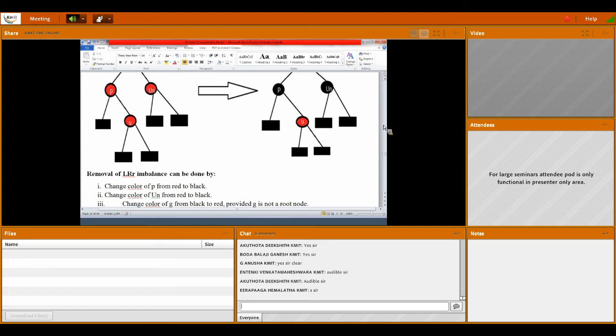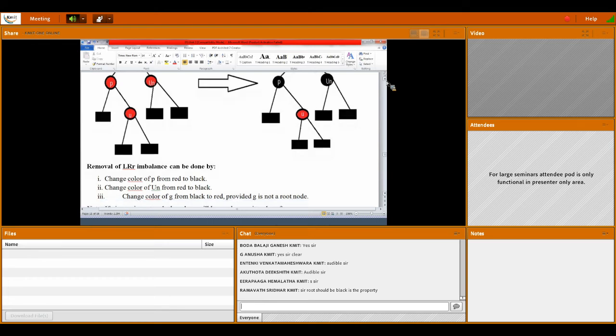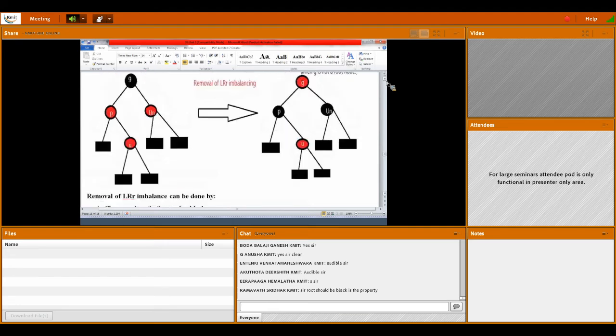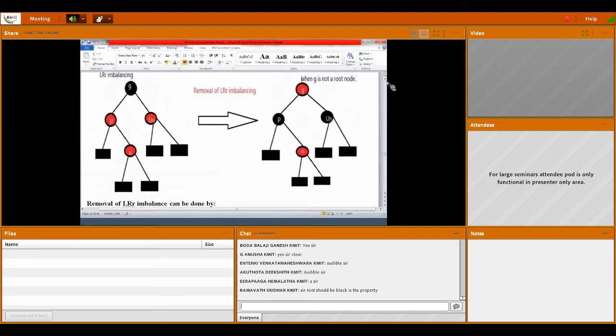This is very important. Here you have to see whether the G node is root or not. If it is root, we color it black. If it is not root, then keep G as red.